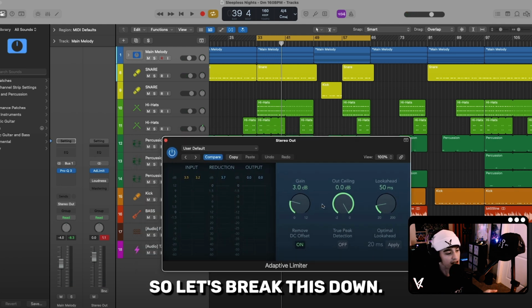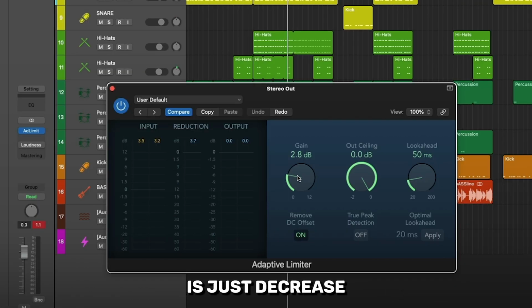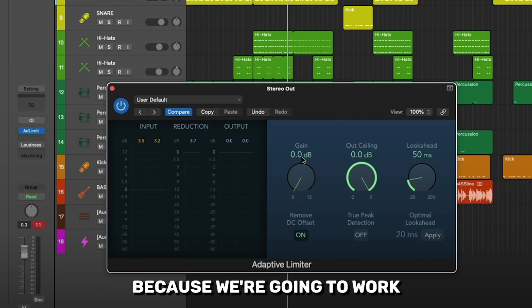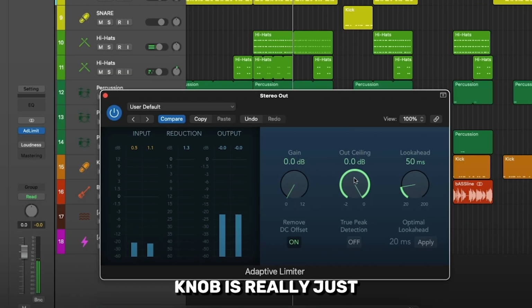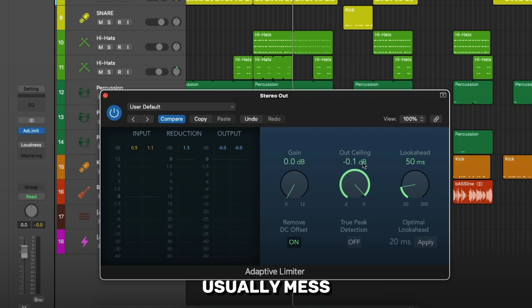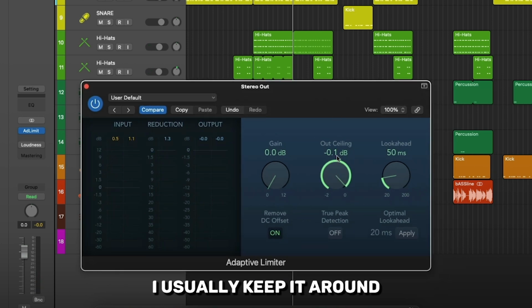All right, so let's break this down. What are we looking at with the limiter? What I'm gonna do is just decrease the gain to 0 because we're gonna work with that last. So the out ceiling knob is really just gonna control, again, that output level. To be honest, I don't usually mess with this too much. I usually keep it around -0.1, and then look ahead I usually just set right to optimal,